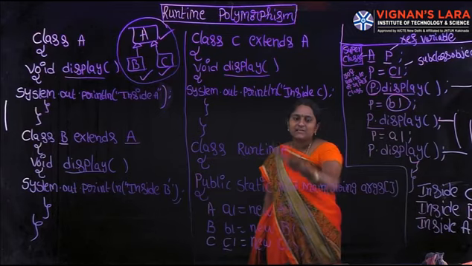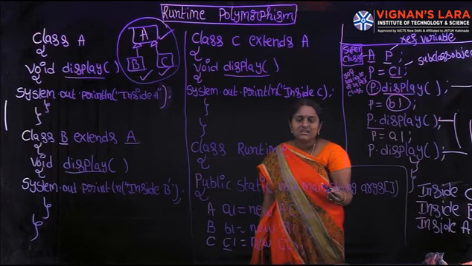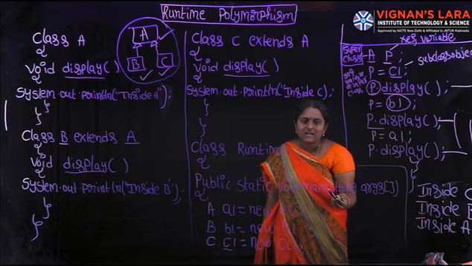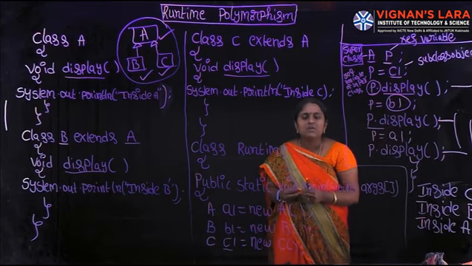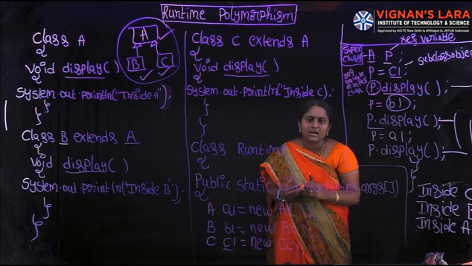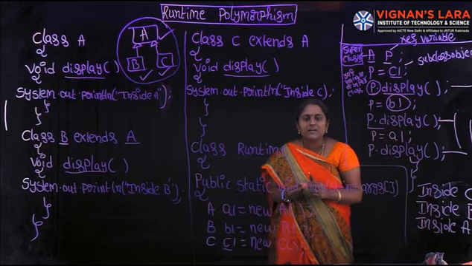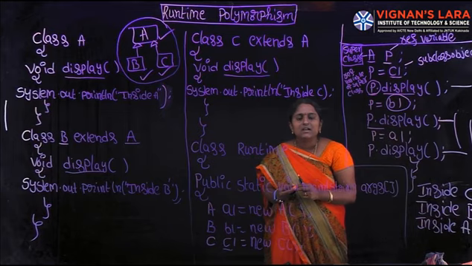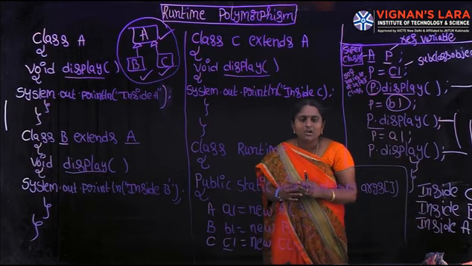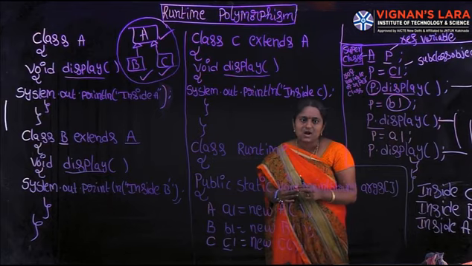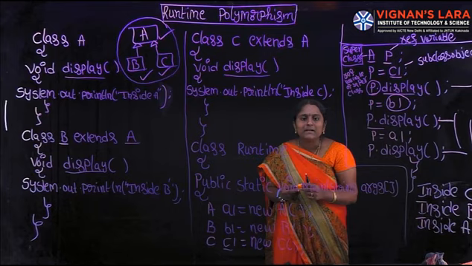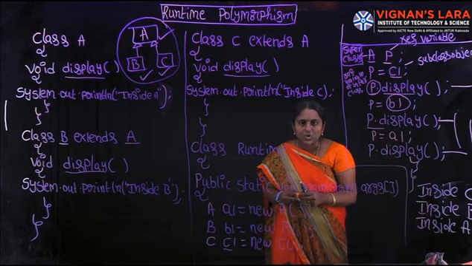here the display method is available in both superclass and subclass. The display method is overriding. Whenever at runtime the JVM identifies that the methods are participating in method overriding, the JVM resolves this problem at runtime rather than compile time. In this process, a superclass reference can refer to the subclass object. We can always assign a subclass object to the superclass reference. We can always call overridden methods through the superclass reference. It is called runtime polymorphism.